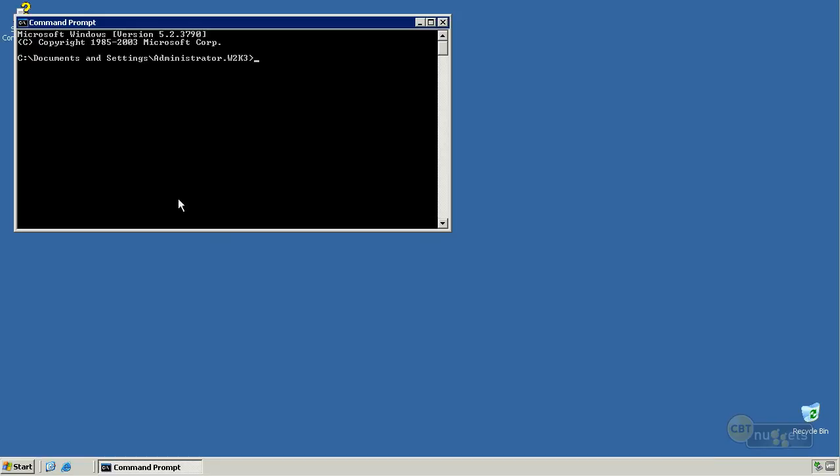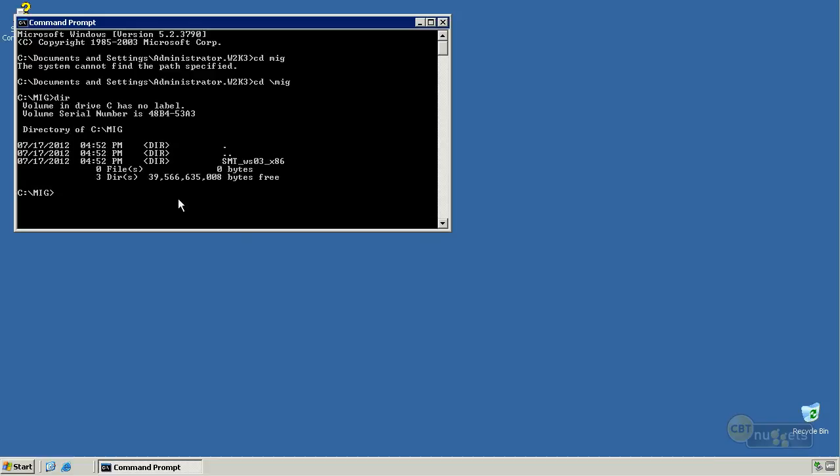So here we are. We just need to change to the migration tools directory. Like this. There it is. And there's all the tools that I mentioned to you earlier. I'm going to change directories to the SMT directory that we see here. And then I'm going to go ahead and complete this. To do that, all I have to do is run /smig deploy and press enter. That's all I really have to do on the source computer.